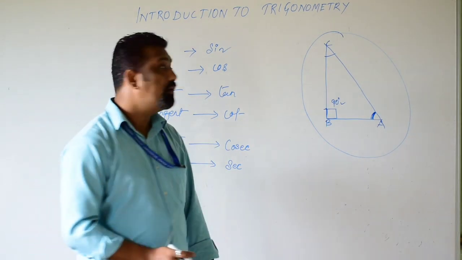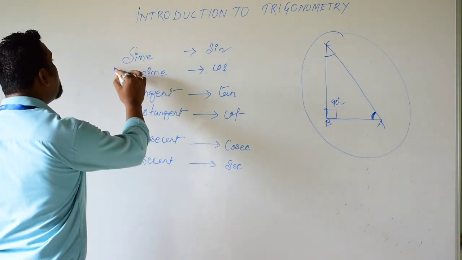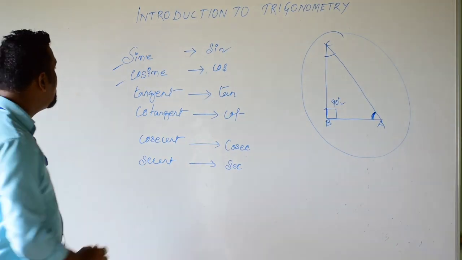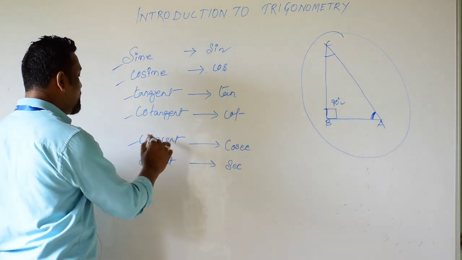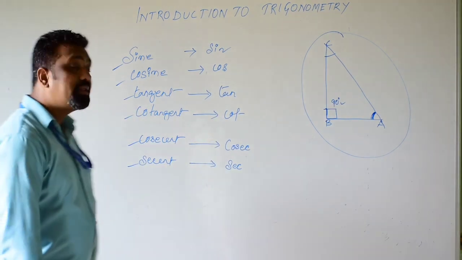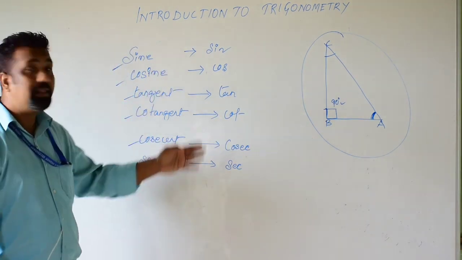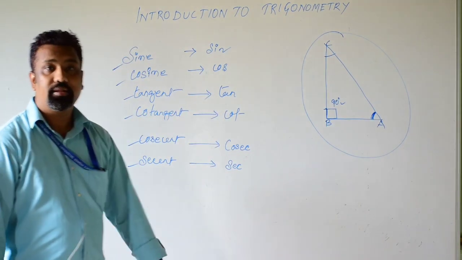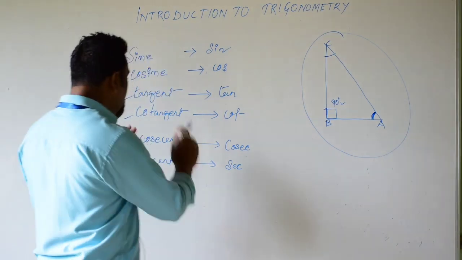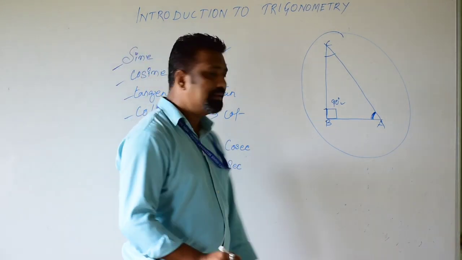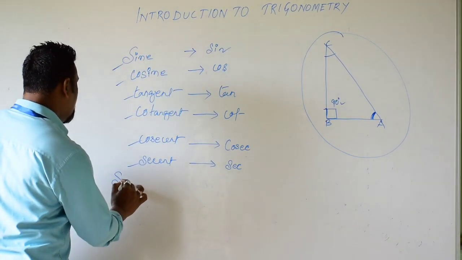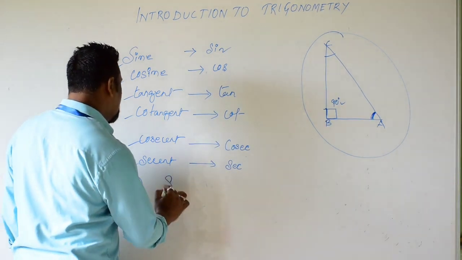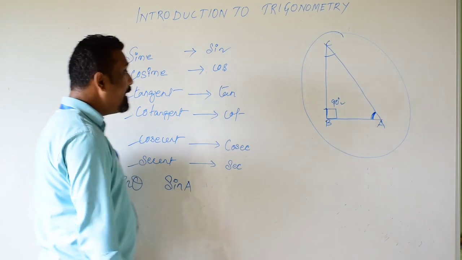all the trigonometrical functions. We have 6 trigonometrical functions. One is sine, next is cosine, another is tangent, cotangent, cosecant and secant. These are the 6 trigonometric functions, but we call them sine, cos, tan, cot, cosec and sec. But they are not called individually, they are called along with an angle. For example, we can say sine of angle theta, or sine of angle A from the angle we are talking.